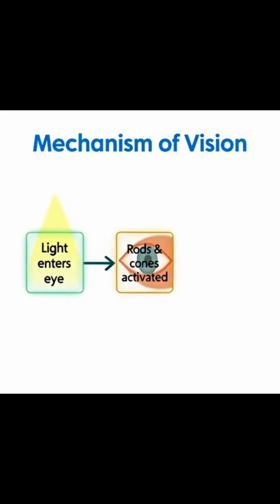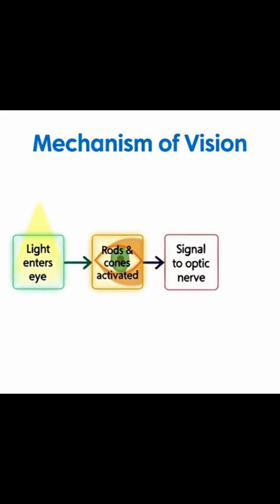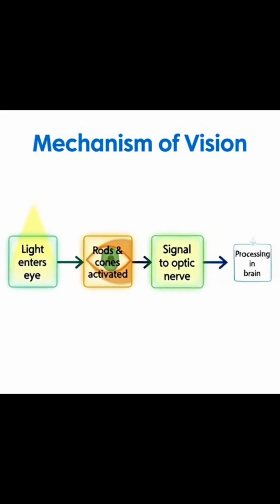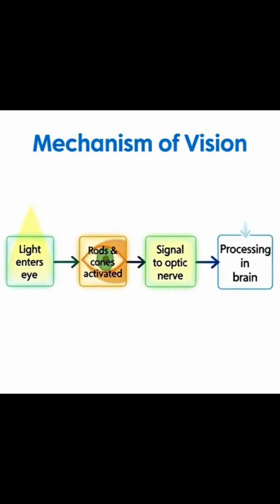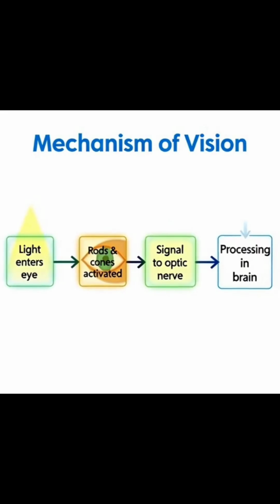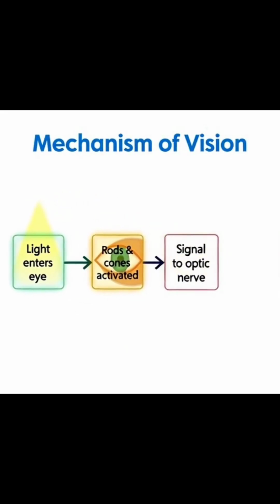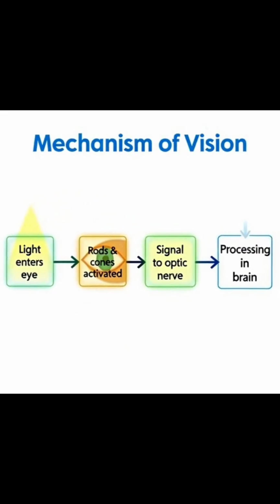Light rays coming through the cornea and lens make an image on the retina. Rods and cones of the retina produce nerve impulses in the neurons present in the retina. The axons of these neurons are a part of the optic nerve. The optic nerve carries information in the form of nerve impulses from the retina to the cerebrum of the brain, so the meaningful sensation of shape and color is produced.